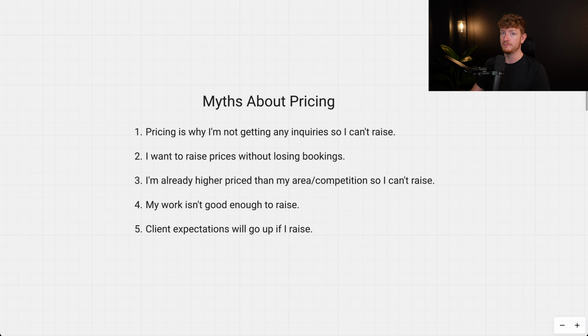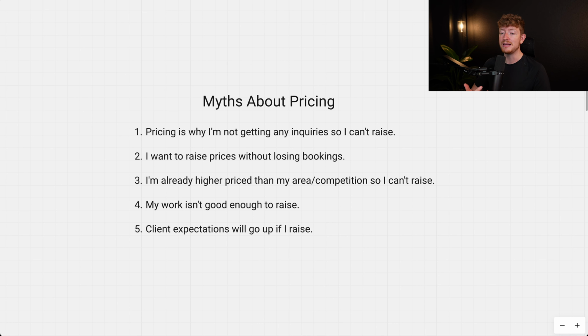This is actually a subjective opinion and a subjective fear, but most of the time, as long as you've got a decent amount of experience, you've shot more than like 10 weddings, and you've got good gear and a style that's fairly in demand, then your work is probably good enough to raise. I cannot tell you how many times I have seen photographers who have questionable work who are booking like 10, 15, 20K weddings. It happens. A lot of times, and this is a bit of a controversial take of mine, really good branding and really good pricing and really good client experience can sort of outpace the quality of your work.